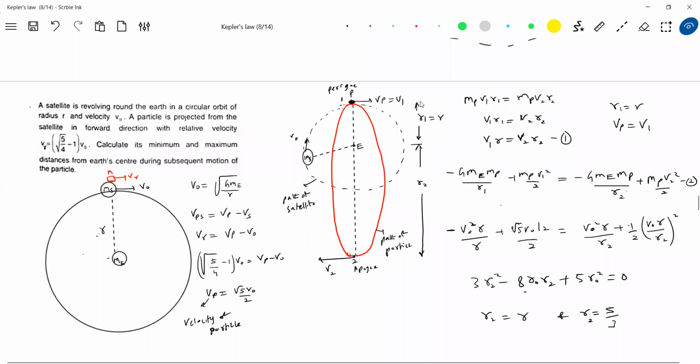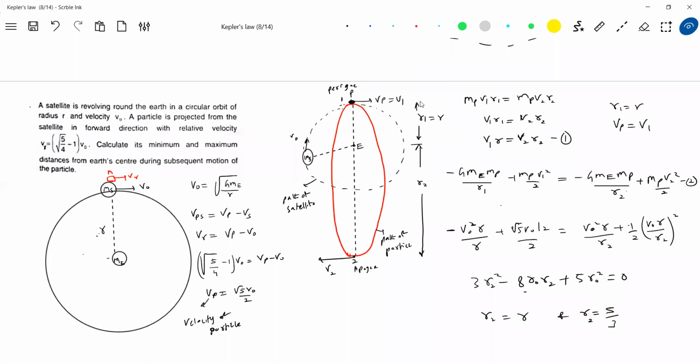See, things are very easy. You can check it now. R2 must be greater than R1, greater than R. So now you can ask, sir, on what basis can you say that this will be apogee? The point will be apogee. R2 cannot be equal to R. So what is only possible? If you pick this point 2 as apogee, then this should be perigee, so this distance will be R.